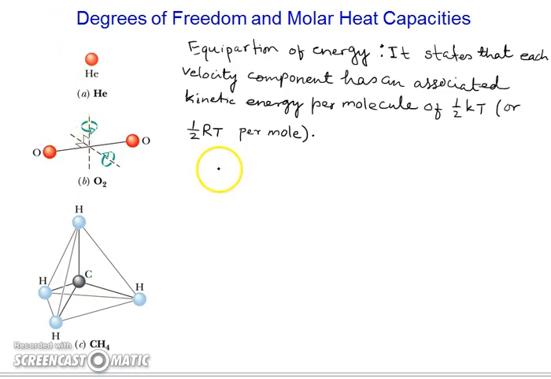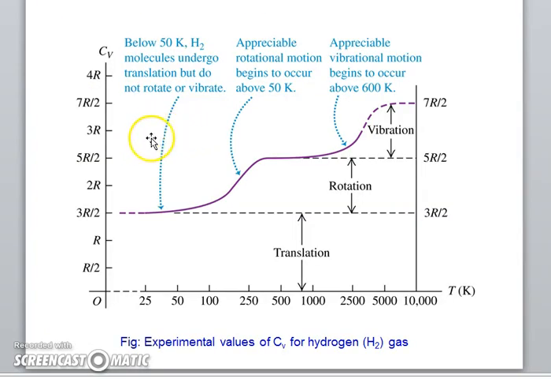So for oxygen or a diatomic molecule, CV will be equal to 5/2 times R, and if I use R equal to 8.314 joule per mole per Kelvin, this number comes out to be 20.79 joule per mole per Kelvin, which matches very well with the experimentally measured values for diatomic molecules. This diagram shows